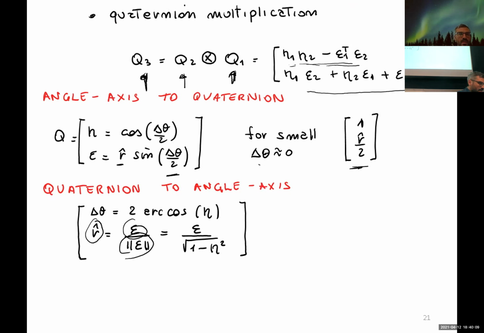And since the norm of the quaternion is one, you can compute the norm of the vectorial part by doing the square root of 1 minus the scalar part squared, because remember